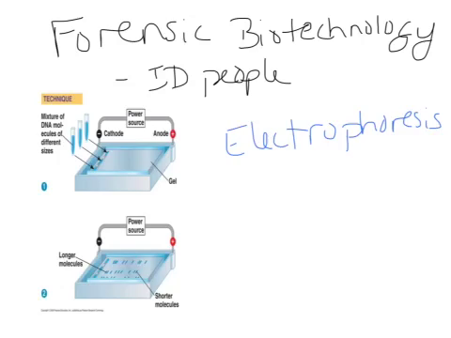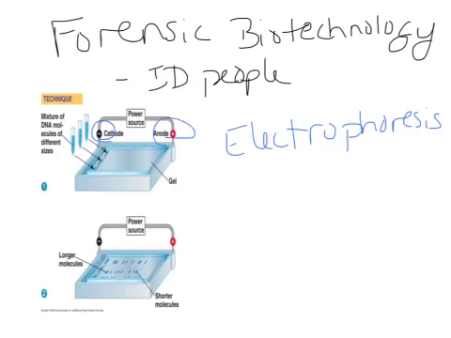So you can see here, we've got a gel set up there, picture on the left. Okay, and so how this will work is there's the gel that the DNA is inserted in, and the gel is in a buffer solution. Okay, and there's a power supply that's added. So electrical current goes through this buffer solution and through the chamber. And so there is a negative side and a positive side.